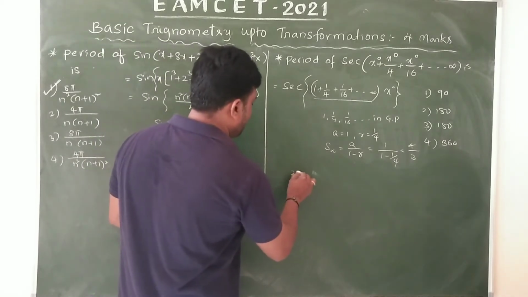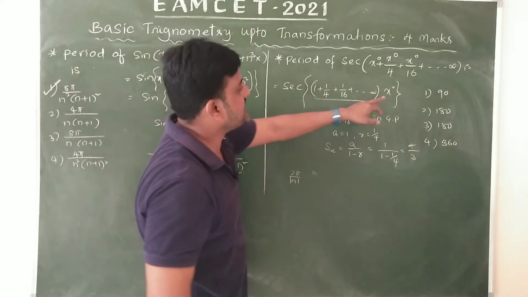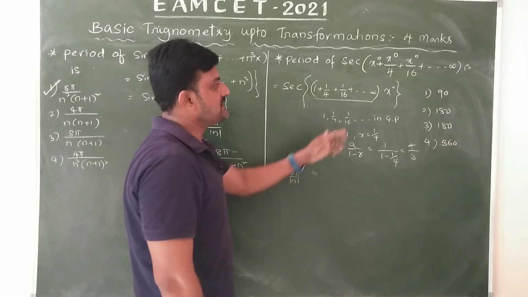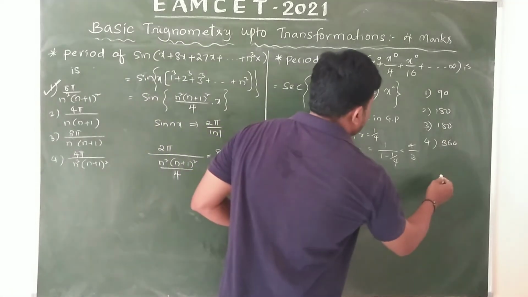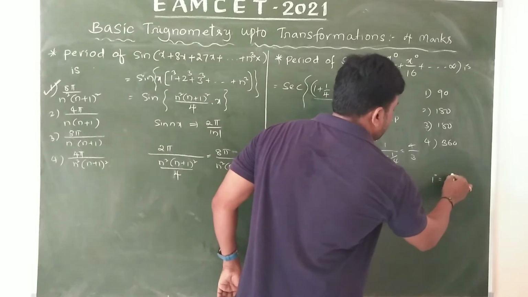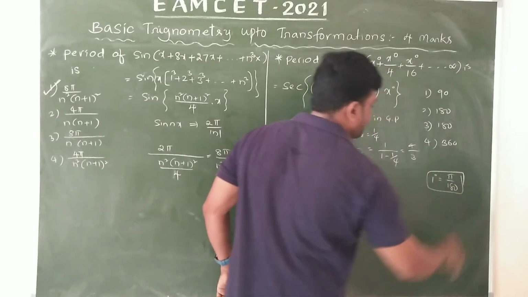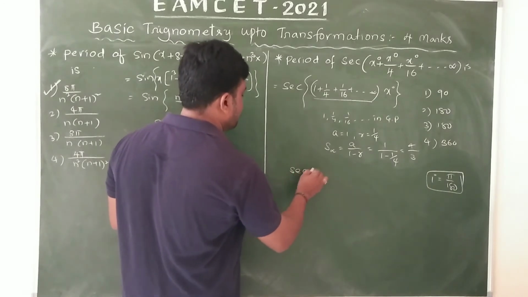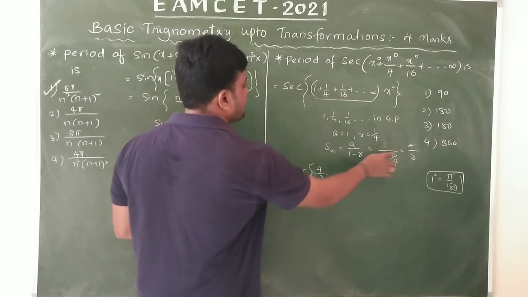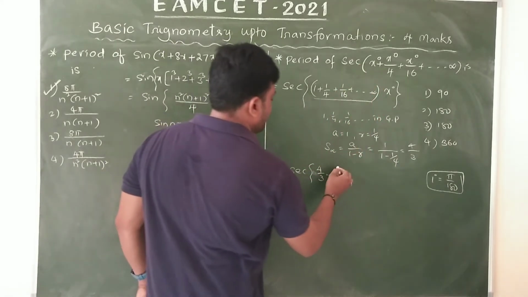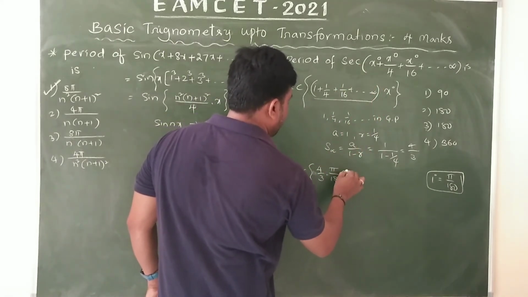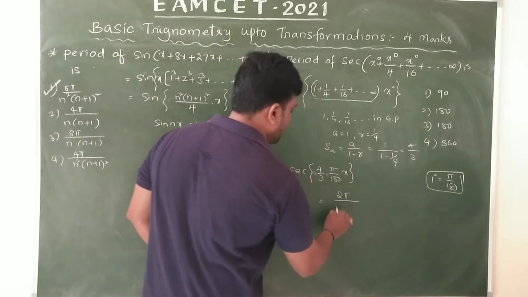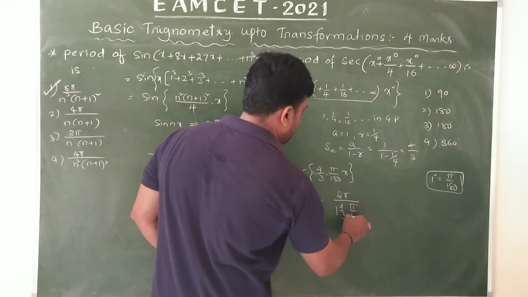Okay, it should be 2 pi by n actually, but here x degrees are there, so we have to convert the pi's degrees into normal x. Then x degree equals, 1 degree equals pi by 180. Yes or no? Then x degree becomes secant 4 by 3 x, that is 4 by 3 into pi by 180 x. Then the period of the function is nothing but 2 pi by n, that is 2 pi by 4 by 3 into pi by 180.